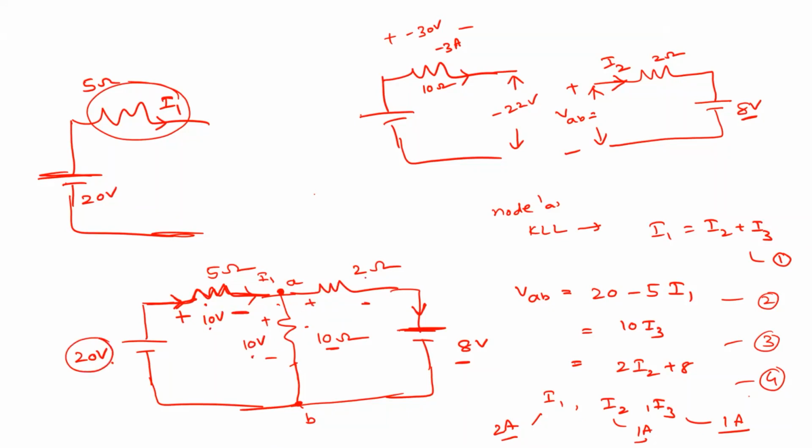So next we have this 2 ohm. What is the drop? 2 volts. So 20 volts. See here, this is minus plus, right? So this is plus minus. So 10 volts here. In the opposite direction, you have 2 volts. So what is the remaining you have? 8 volts, right? It's clear, right? Yes, sir. Okay.